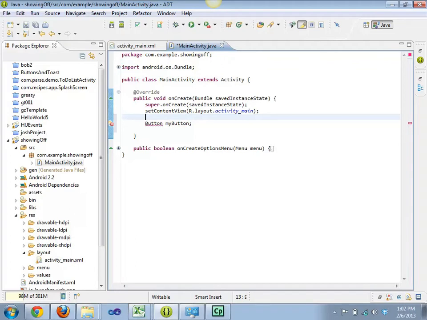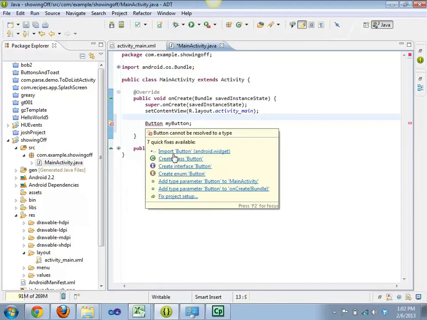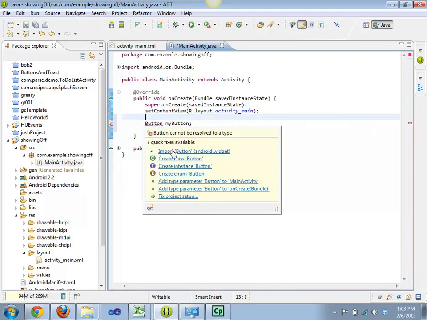And if we hover over it, we've talked about the idea of libraries. The fact of the matter is, right now, Eclipse doesn't know what a button is. You've put this thing in the position where you declare stuff, like strings and integers, which it knows what those are automatically. But a button, it doesn't know what a button is. And it tells you, as a suggestion, one of the things you could do is import the Button from the Android widget library, which is what I want it to do. And then once I do that,